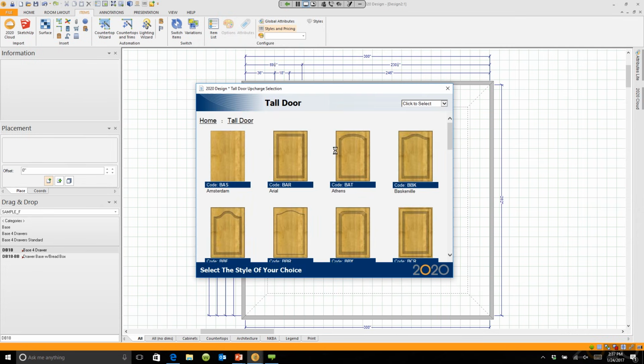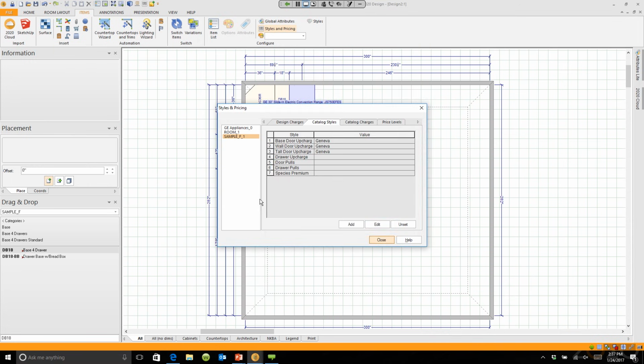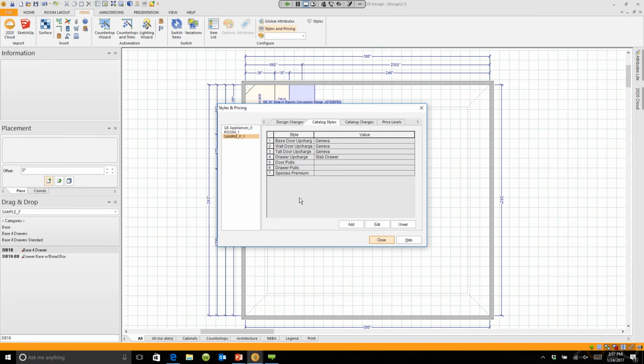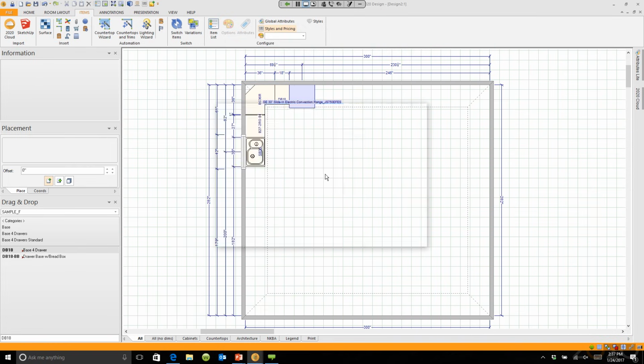For the tall doors, I want to use the same door. And for my drawers, I actually just want to use a slab. I'm not going to use the 5-piece drawer front. So there we go. Down here where it says Species Premium, if I double-click on this, this will show me